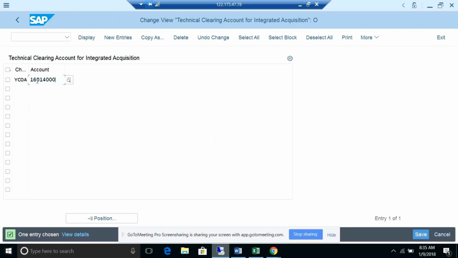So basically this is two levels we can create. One thing is at chart of accounts level we can create this. Let's see our chart of accounts.